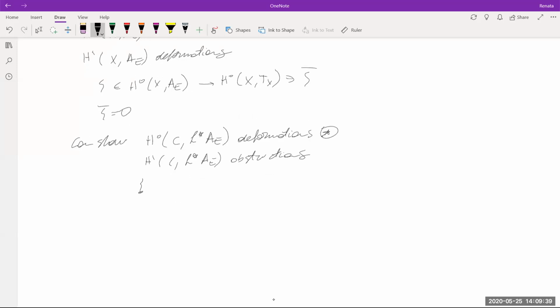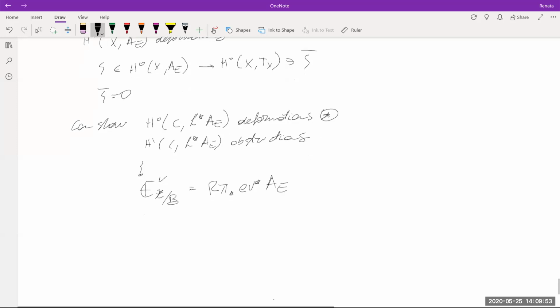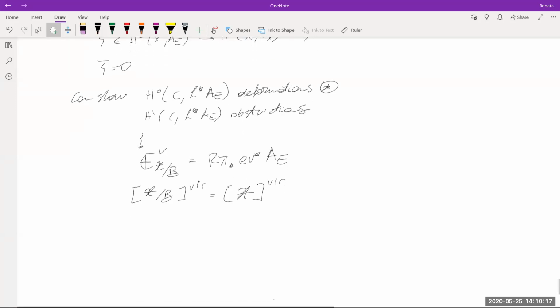So this all fits in nicely and gets packaged in a relative perfect obstruction theory given by this that defines a virtual fundamental class on X, and this agrees with the usual virtual fundamental class defined where we consider the perfect obstruction theory that had to do with forgetting the map and mapping down to the moduli space of prestable curves. And